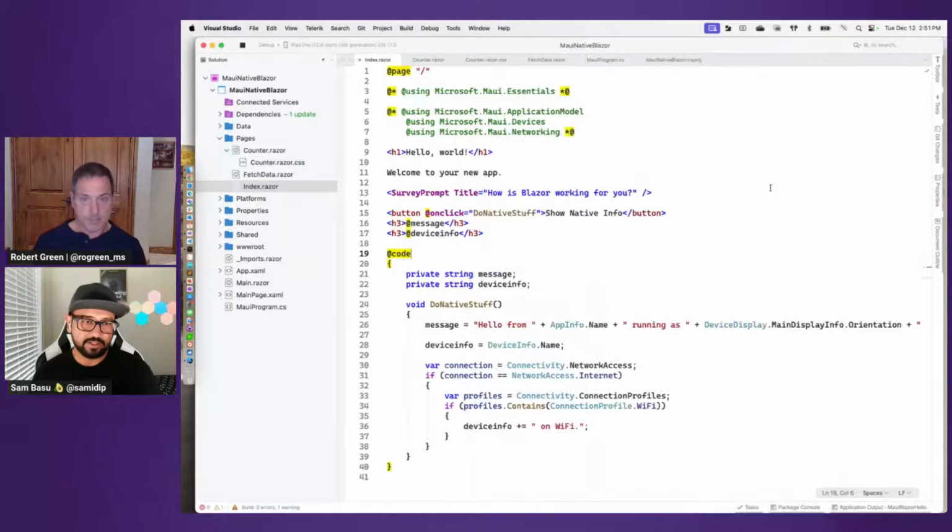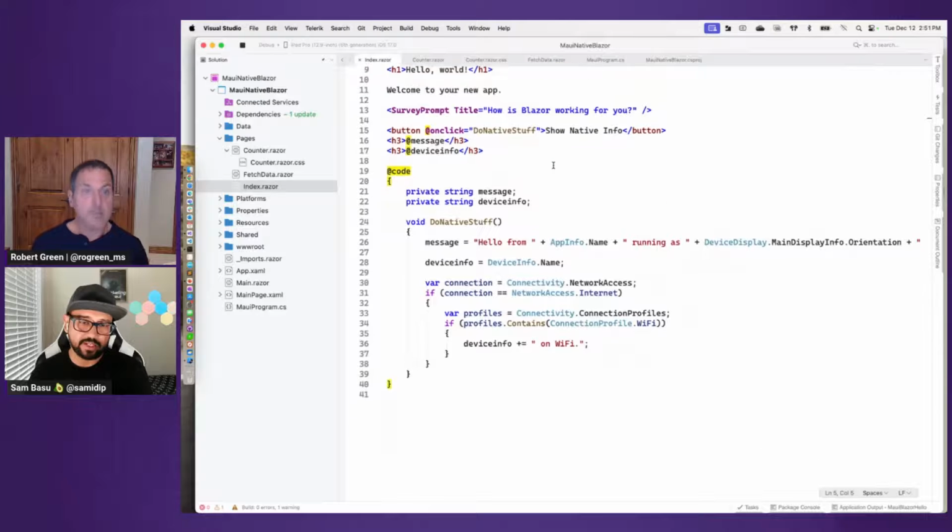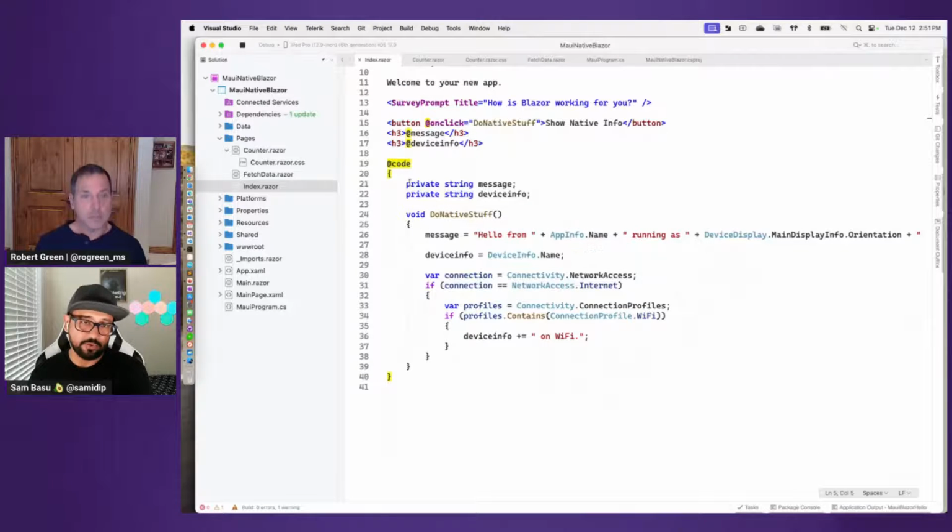So you can see, like, this is the view. And earlier we used to have to bring in some namespaces like using Microsoft Maui or devices. You don't have to anymore. It's all baked in. So straight away, I can just say, give me the app info. Now, this is written in @code. So this is Blazor's quote unquote server side,